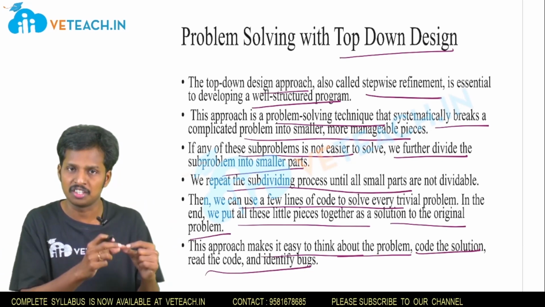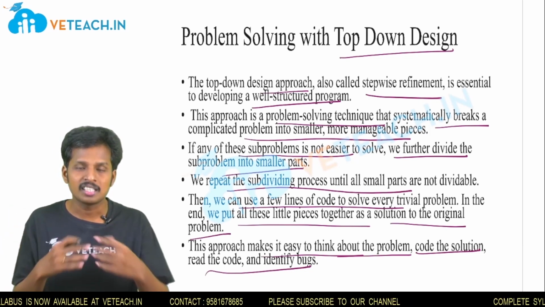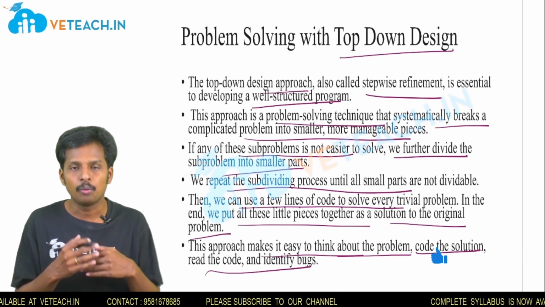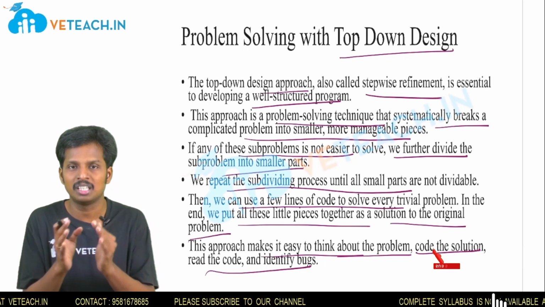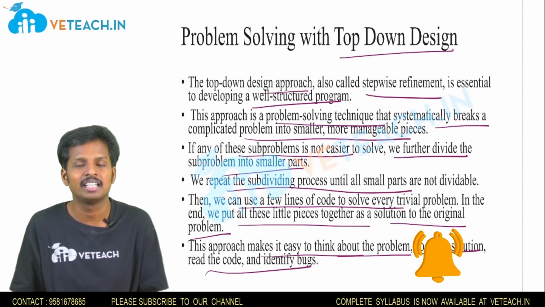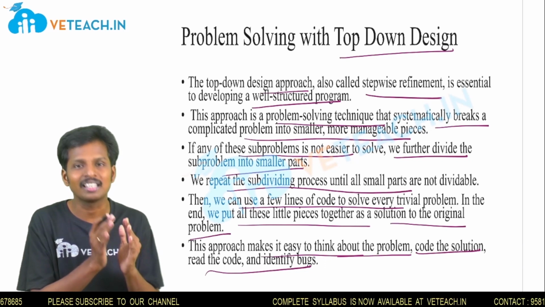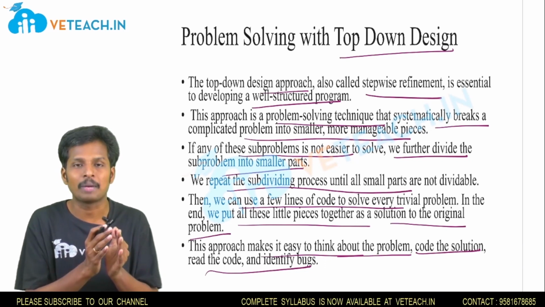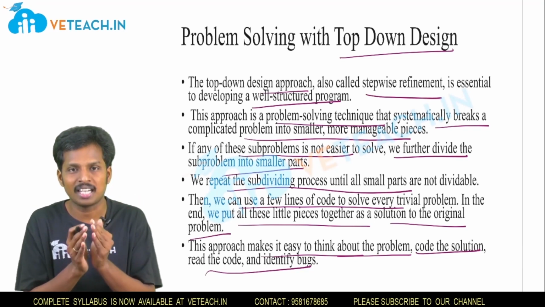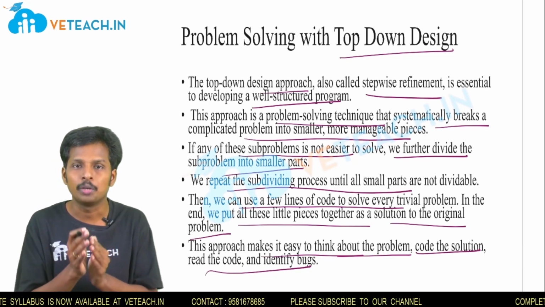And we write a solution for the addition module, for subtraction, for multiplication, and for division. Since we cannot divide addition further into subparts, we stop the process there. Now we combine all the instructions that we have written for addition, subtraction, multiplication, and division collectively and make them the solution for the top problem that we have, that is, calculator. Due to this, we can read the code in the addition part easily. Even if there are any errors in the addition part, we can easily rectify them, since we are treating it as an independent part. And when we go to subtraction, it can also be easily identified, studied, coded, and debugged.